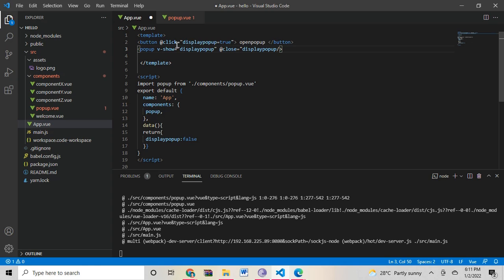That close is our custom event. It emits the custom event, and the event name is close. Here the child is pop-up, and it emits the custom event. So at close equal to display pop-up equals false. Set this value as false.